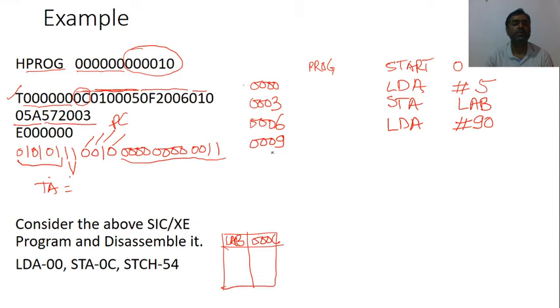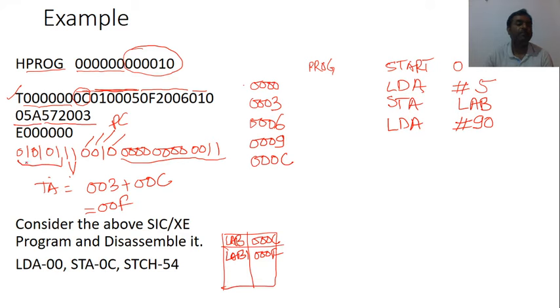If I am writing the instruction at 0009, and taking this as a 3 byte instruction, then what will be the next address? 000C. So the PC content will be 000C, and displacement is 0003. If I add 0003 plus 000C, I get 000F. That means our label, if I take its name as lab 1, is at the address 000F.